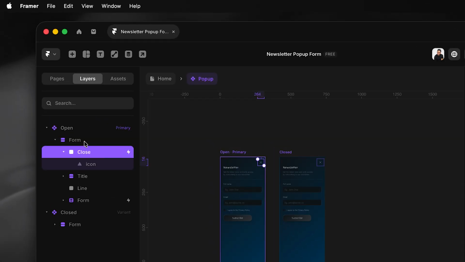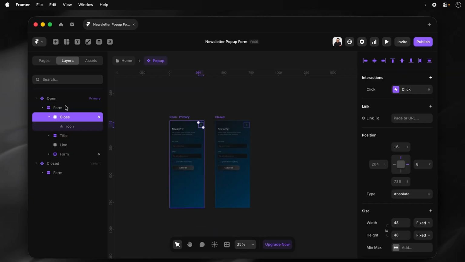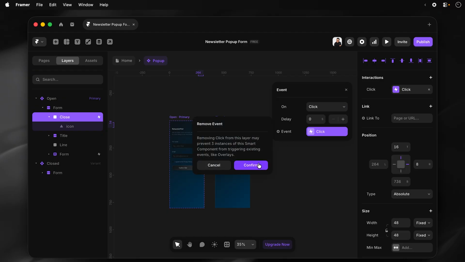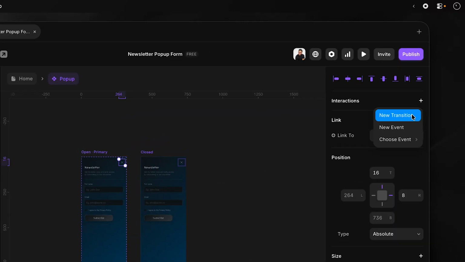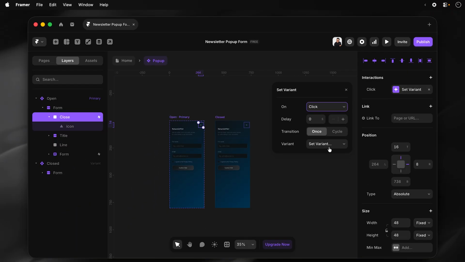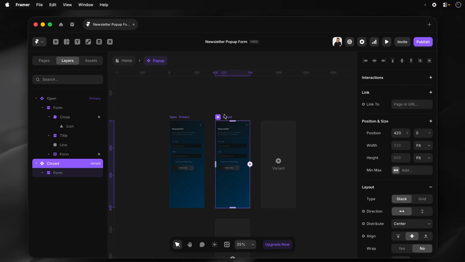From the primary component, the open component selected, I'm going to select the close button. I'll remove this interaction as I want to create a transition. So I want a transition to the closed, and then I'll leave that as that. And then with the closed variant selected, I'm going to